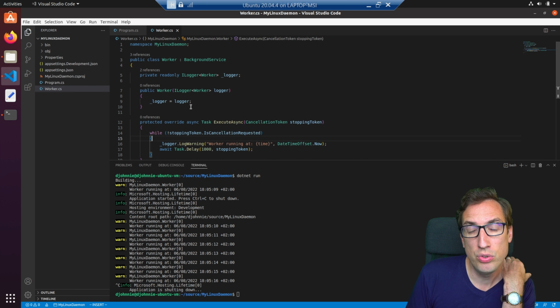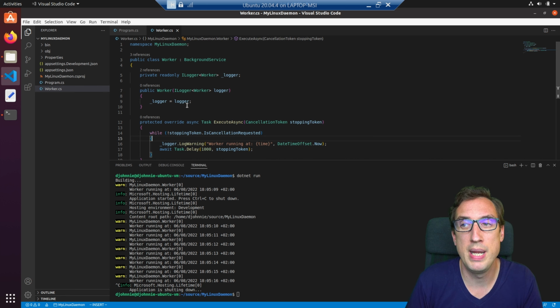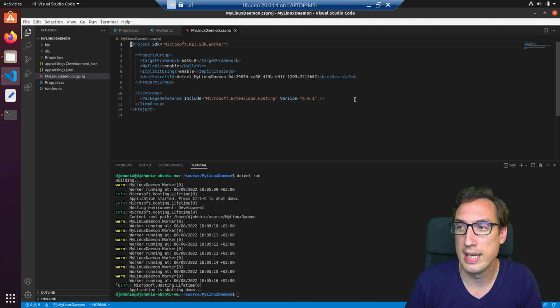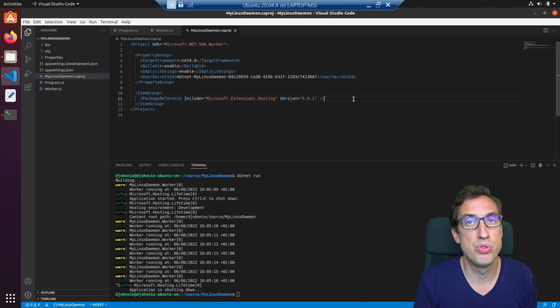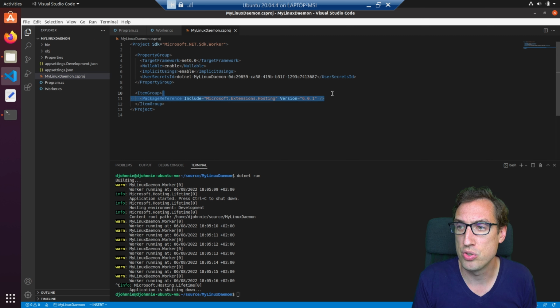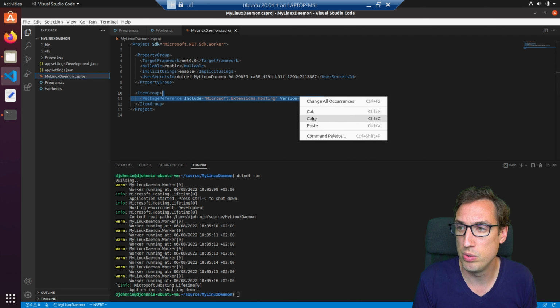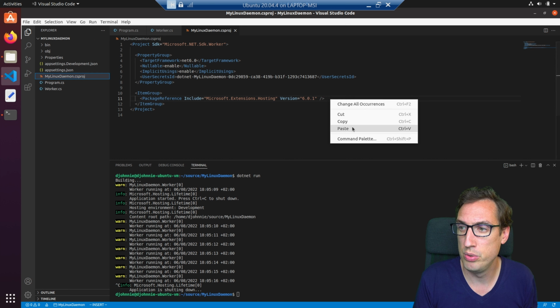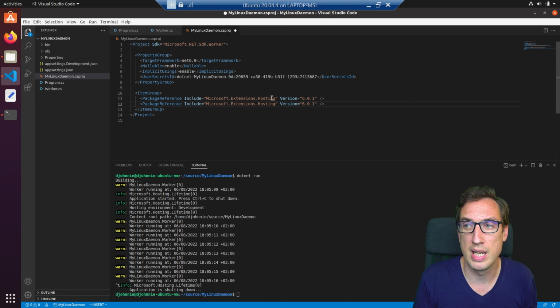Now, I want to do the same thing as on Windows. I want to make it compatible with not a Windows service, but systemd daemons. So inside of my project, I can also add that dependency. In Visual Studio, I used the manage NuGet packages to do this, but actually I know the name of the package by heart. So I can just copy paste this little line of code right here, because I'm going to include the Microsoft